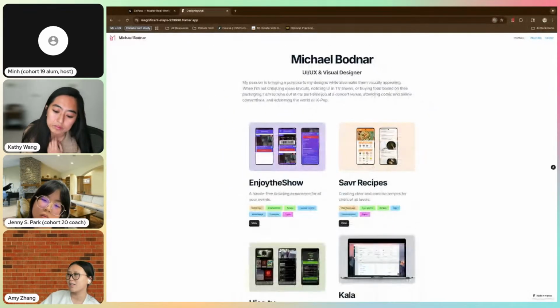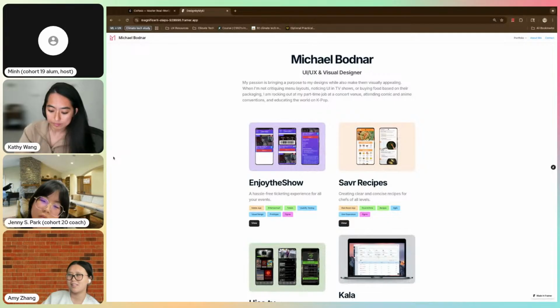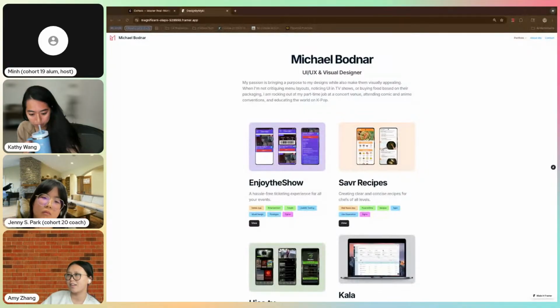As they were mentioning, it's a little bit generic. Like you did put your personality into it, but the personality part doesn't tie into your role as a designer, like what makes you unique as a designer rather than your personality, which is shown. Another thing is I like how you put tags for each of your projects